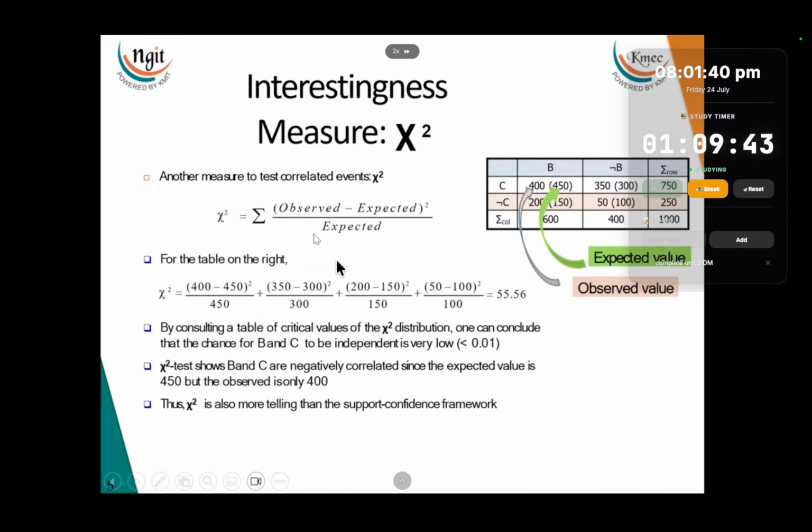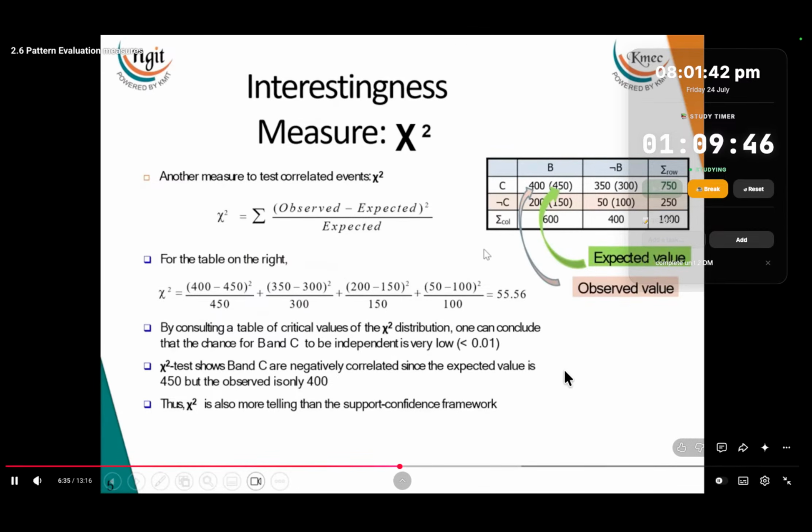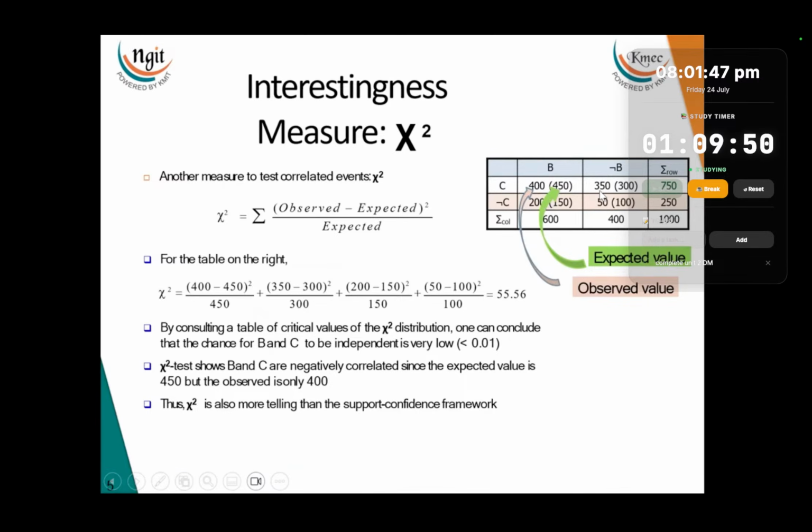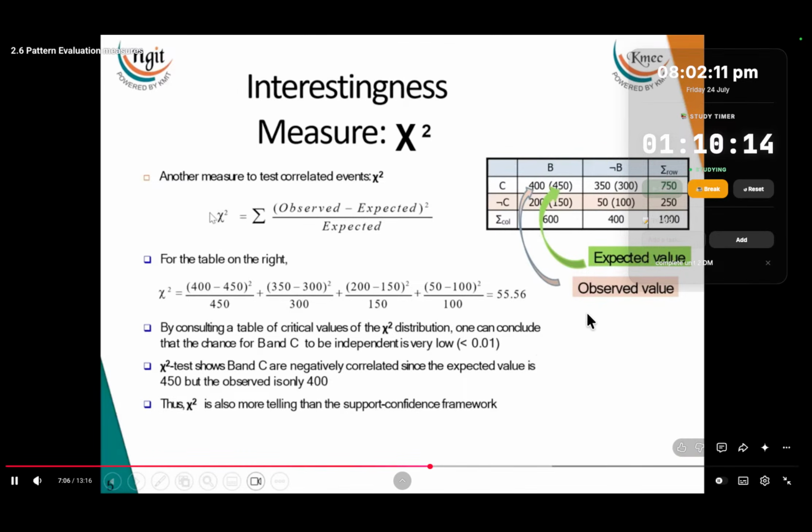The chi-square measure is given by observed minus expected whole square by expected. Here the observed values in the data set are given as 400 and 350. And now we need to calculate the expected value, right? So how will you calculate the expected value? The total sum of the cereals and the total sum of the basketball, right? 750 into 600 by the total number of transactions. If you do that, you'll get the expected value. We need to calculate all the expected values for the given data, and then we'll substitute that in this chi-square